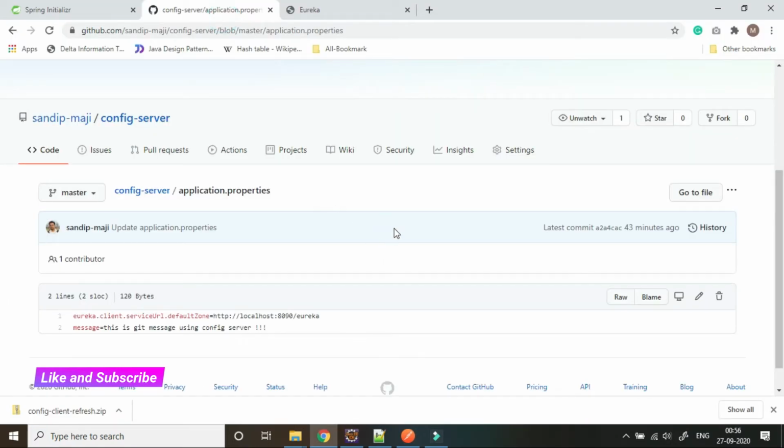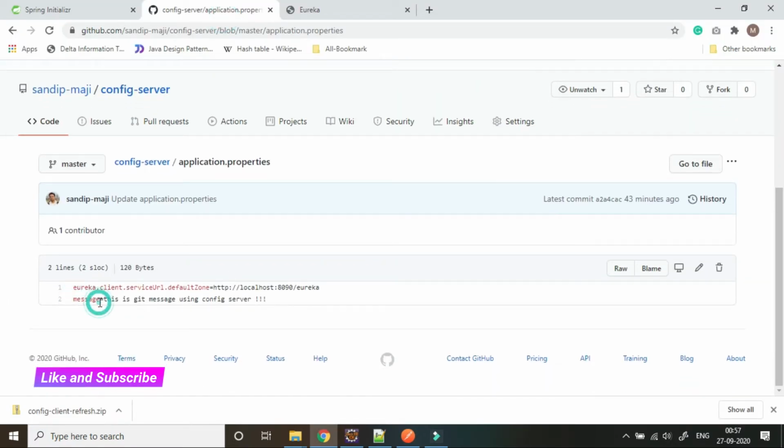We already created this property in Git. We will try to access it from our controller, and later we will change this message, and we will try to get the changed message without restarting our application.